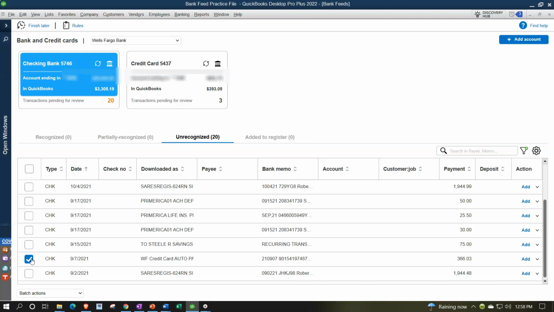Now there's a couple ways that we can basically enter this transaction, because if I enter it on this side, then it should kind of match over on the credit card side of things. I would typically think of it from the checking account side of things and then go ahead and match it when I go to the credit card. You might also, if you don't feel comfortable, for a long time I used to put these transactions to a clearing account